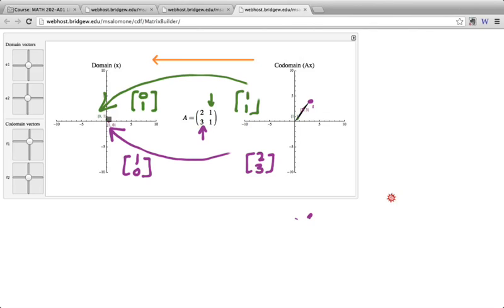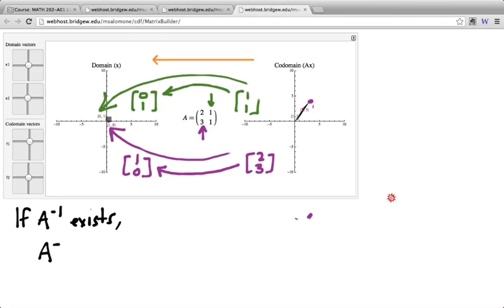So now I'm looking for a matrix which transforms the vector 2, 3 into the vector 1, 0, and which transforms the vector 1, 1 into the vector 0, 1. So that's our goal now, to find that matrix. And when we find that matrix, we will call it A inverse, if it exists. So let's get this off to the side here. If A inverse exists, I'll just say it that way,